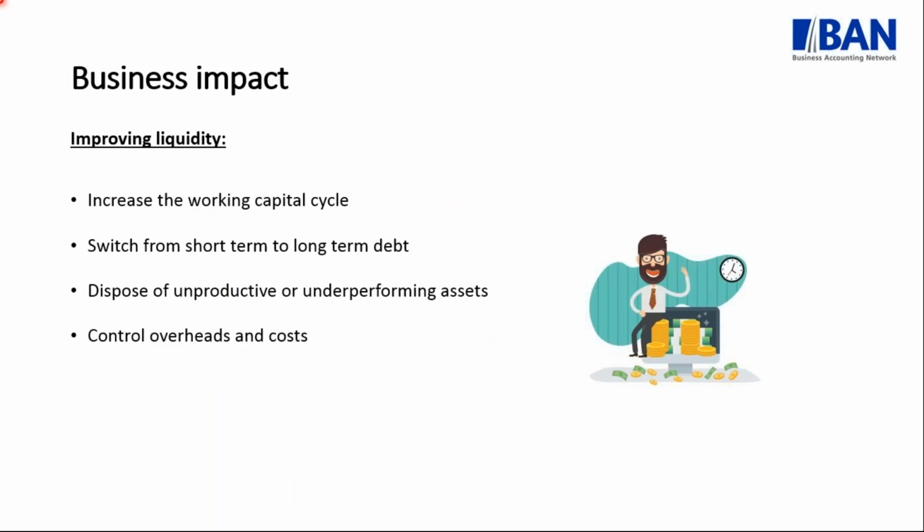But what does that really look or mean in terms of my business? Now, it's all nice to say, okay, I've calculated my ratios and I'm keeping an eye on that, but what if I see that I'm running into trouble? What can I actually do? So from a liquidity point of view, how can you improve it? You can improve the working capital cycle.